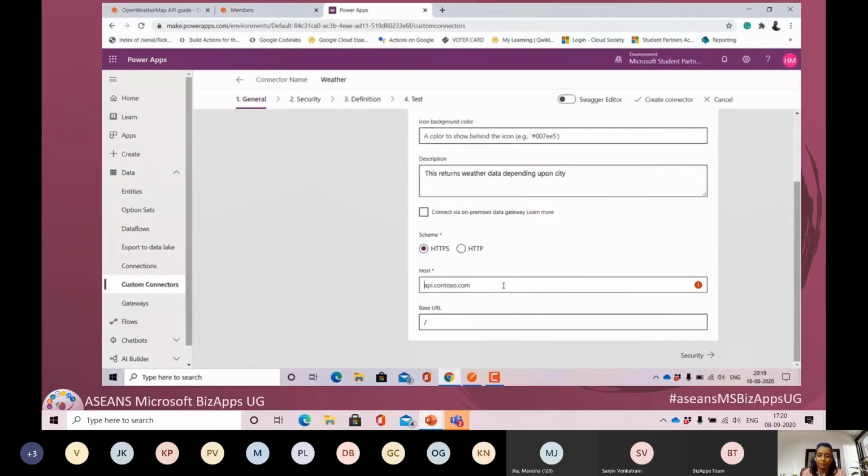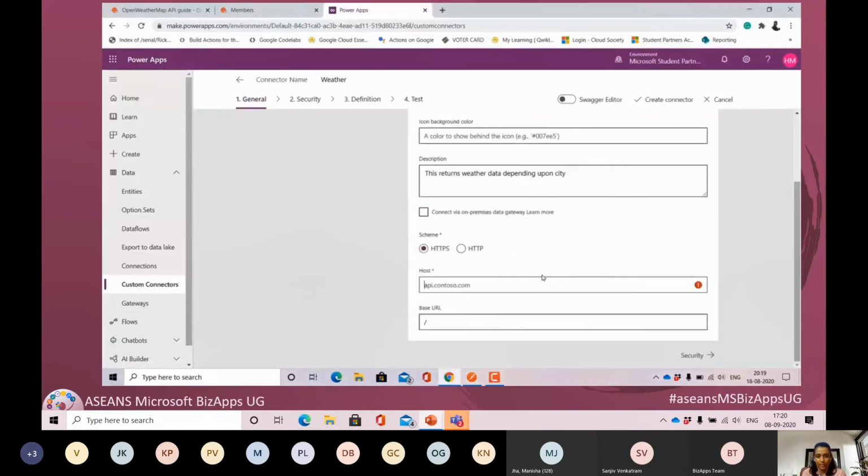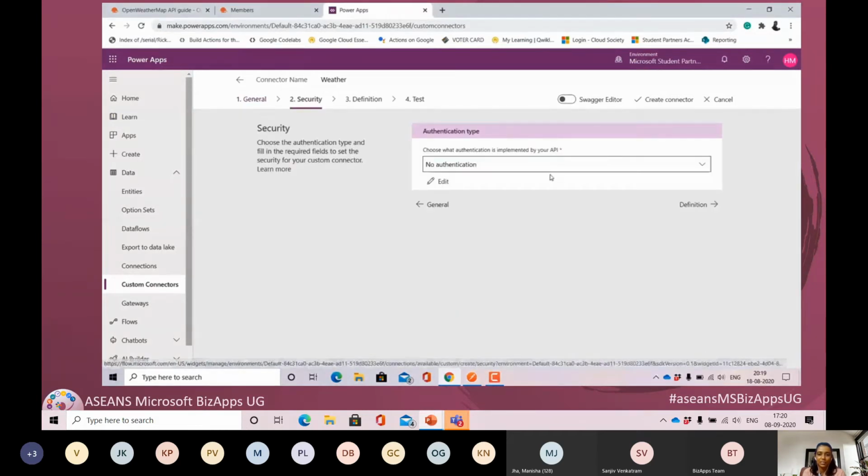That's what I did. In the host, since the scheme was already selected as HTTPS, the host is basically the site from where I took the weather data, that is openweathermap.org. I pasted that in my host, and that's basically what I did on the general page.